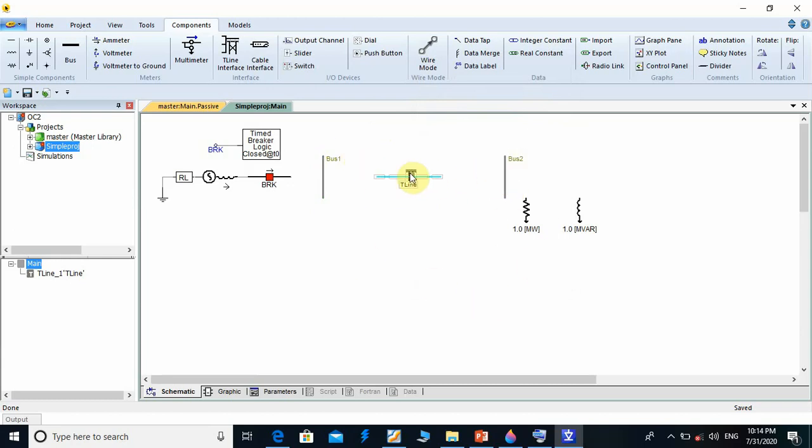Also I want to use measurement. I can use multimeter at sending point and multimeter at receiving point. That is all component. Just go to where, click, then press escape. Click from bus bar to multimeter, press escape. From here to here, escape. Click here and click here, then escape here. And for our load,